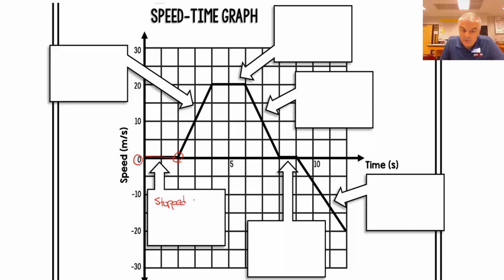Because he's going 0 meters per second. So for the first 2 seconds, the person is stopped, right? So that's stopped at this juncture. But when we go from here to here, from t equal to 2 to t equal to 4, what happens is it's accelerating. Now let's think about this. So he is accelerating